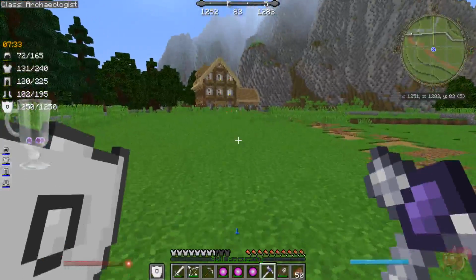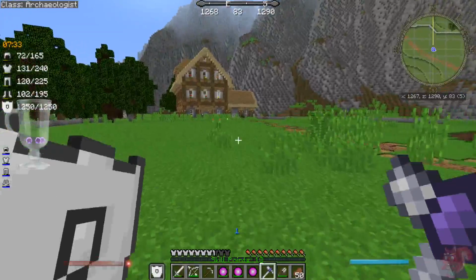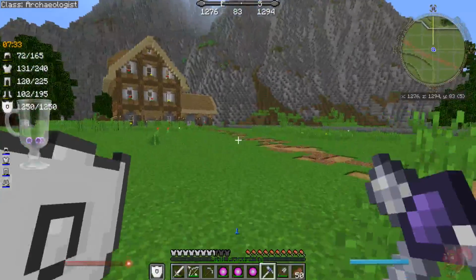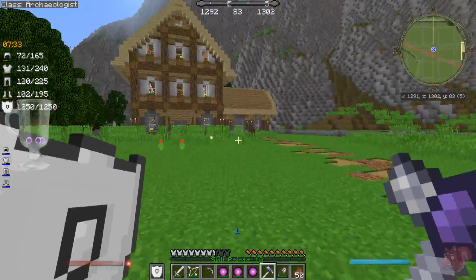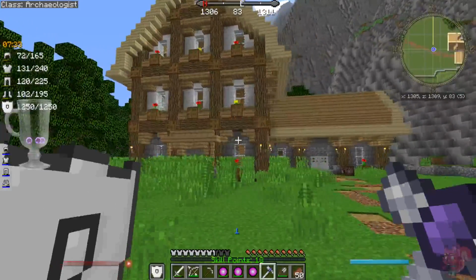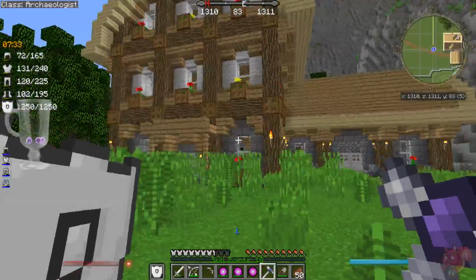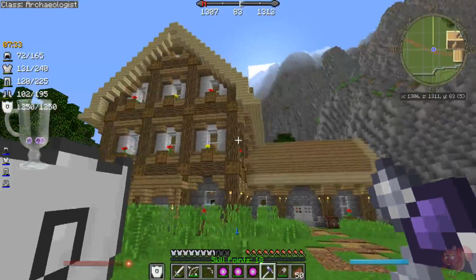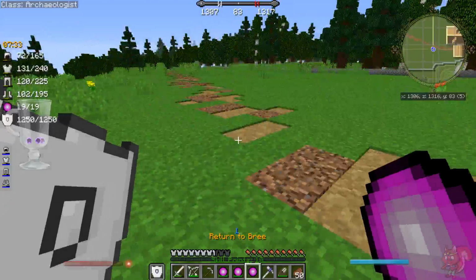And as you can see, this is more medieval style. Old English, that kind of thing. So it's a pretty nice house. This is one of the smaller houses, so still pretty sizable, wouldn't you say? Quite nice. And what we'll do here is